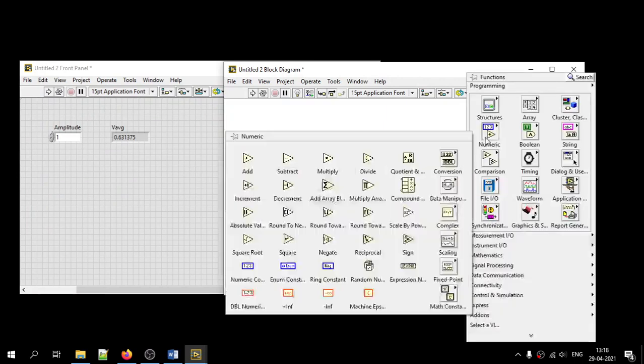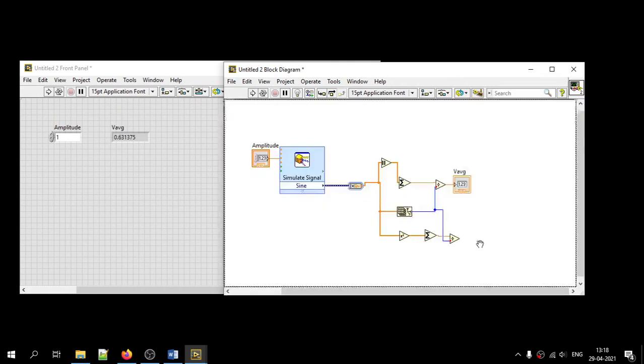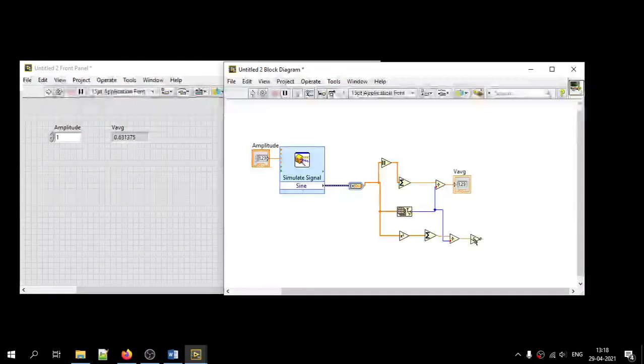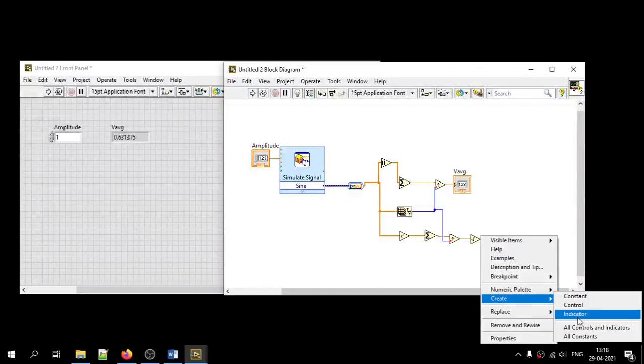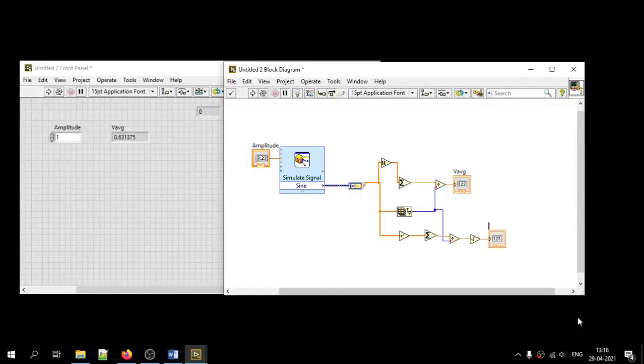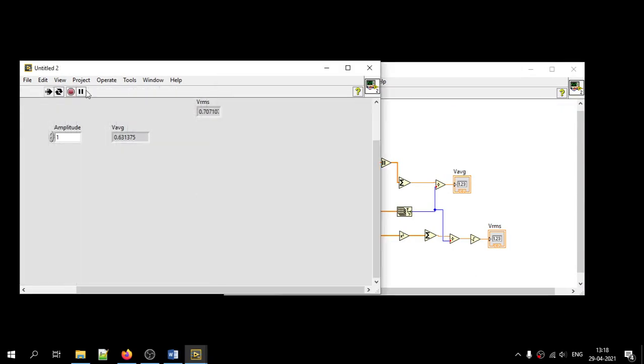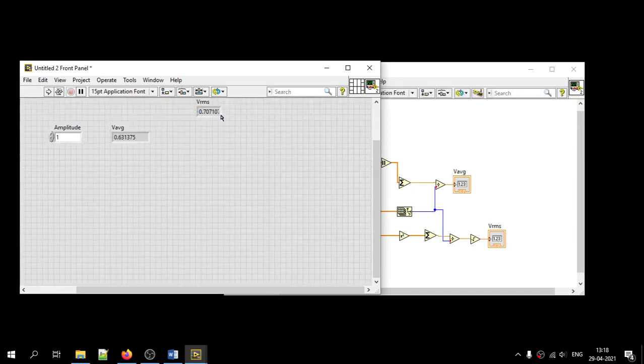Square root is also available under numeric. Let us create an indicator here. The label is renamed as VRMS. We run the program, and we are getting the RMS as 0.707 for the sine wave.